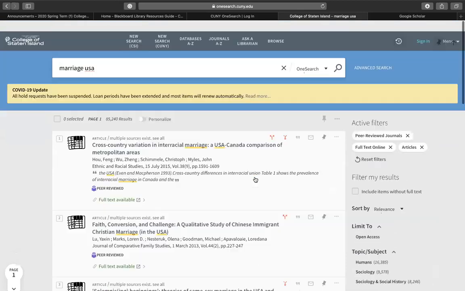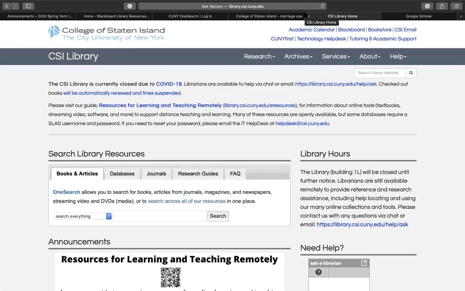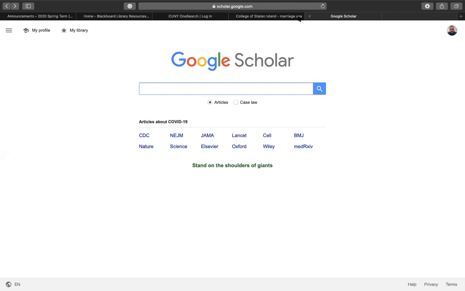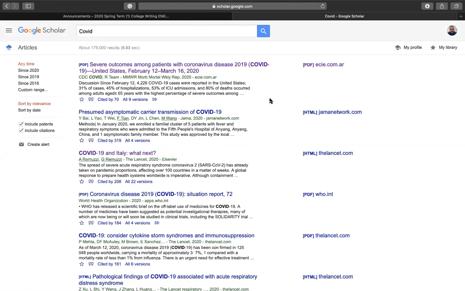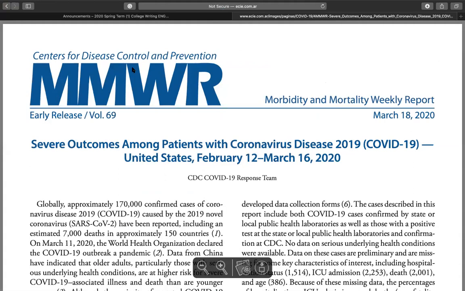All right. So that's the library offered to you, available to you through CSI, and this is a great resource. So that's that. Let's talk about Google Scholar. So I'm going to close these out. All right, so Google Scholar is going to work the same way. Let's say COVID. I just did a search for COVID. "Severe outcomes among patients with coronavirus disease 2019." Okay, so this is current. It is from a .com website, so we're going to check it out to make sure it looks legitimate. It does look legitimate because it is from the Centers for Disease Control and Prevention,